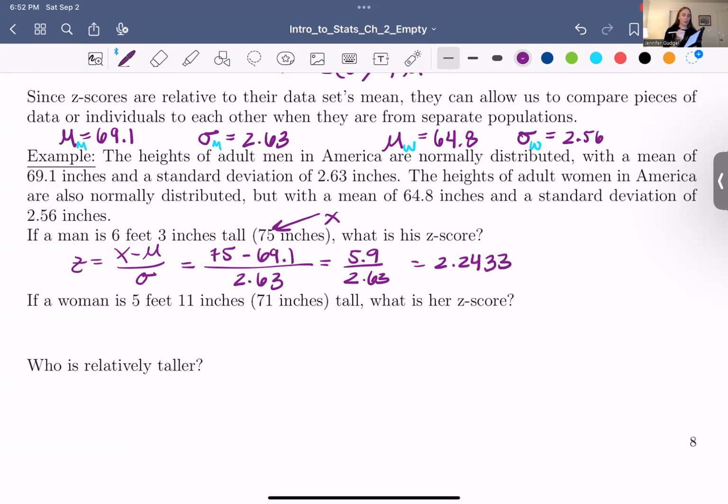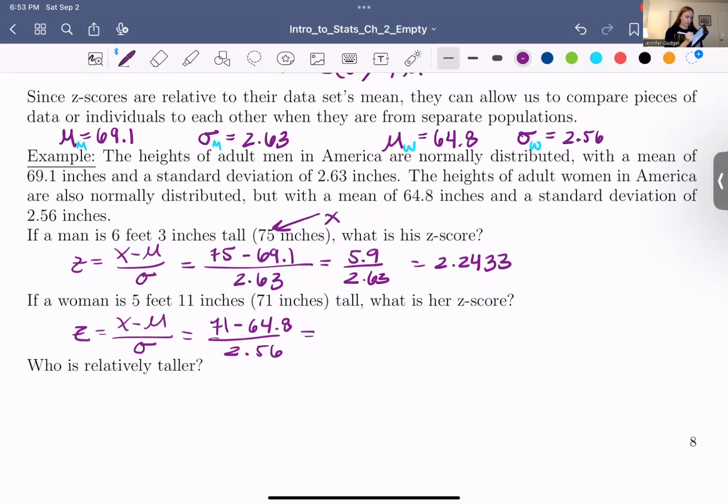What about a 5'11" woman? What's her z-score? Well, again, the z-score is the data value minus the average over the standard deviation. So we take her data value, which is 71 inches, minus the woman's average, right? We don't want to subtract the men's average because this is a woman's piece of data. So minus 64.8, that was the woman's average, divided by the woman's standard deviation,